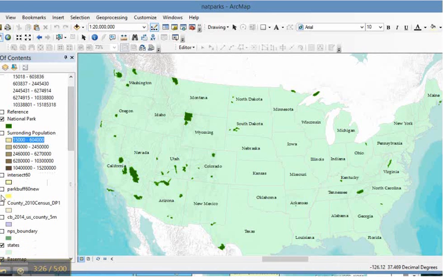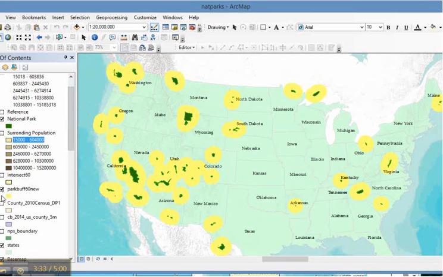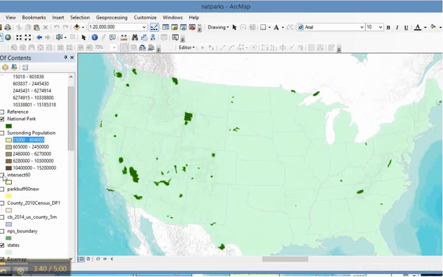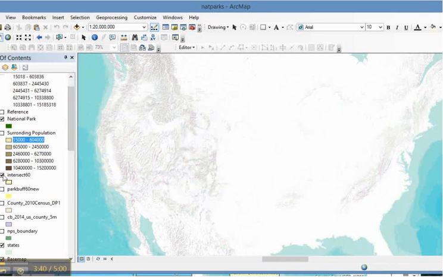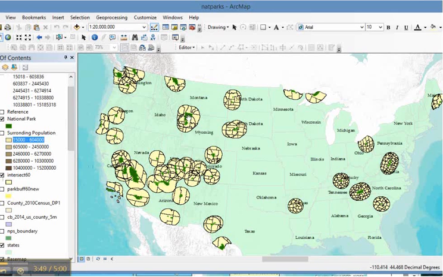And then what I did was I made a buffer like this, 60 miles around each of the national parks, and intersected that with a county census. It looks like this, and the result looks like this. And then what I did was I dissolved the counties by the name of the national park and added the populations, and the result of that